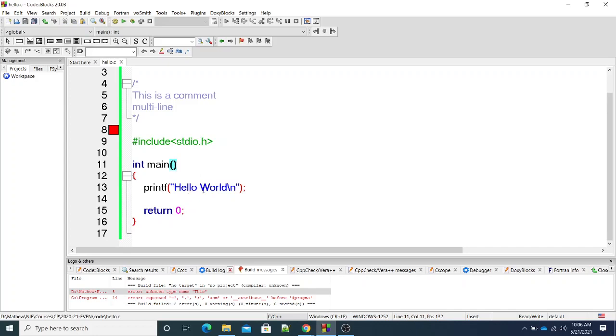Okay. Now there are several header files provided by the developers of the C language. But as of now, I don't want to use all of those functions or code written by other people. Whichever I want to use, I have to include the corresponding header file. This header file stands for standard input output.